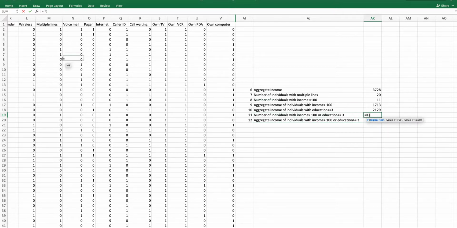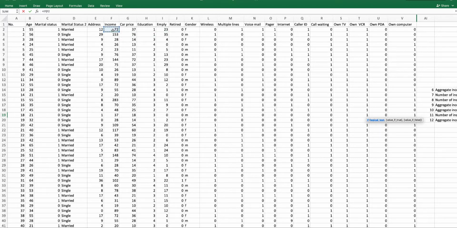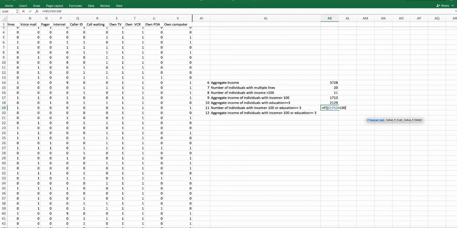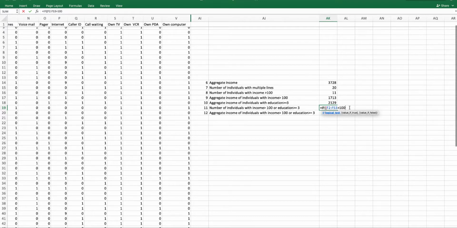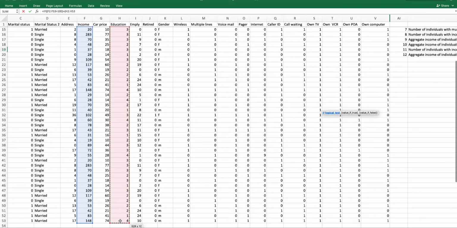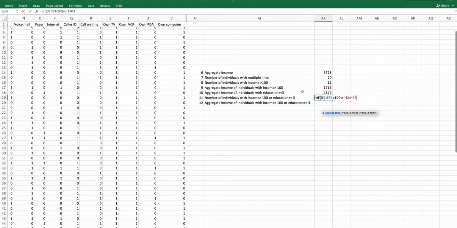If this individual has income, so this is our income column, income greater than 100, I'm going to put a parenthesis here because we have two conditions, and then this plus sign is like an OR sign, for or education greater than or equal to 3,